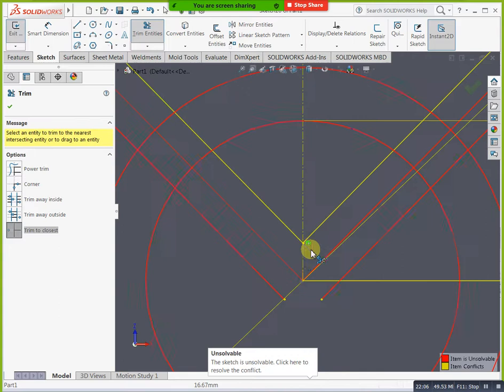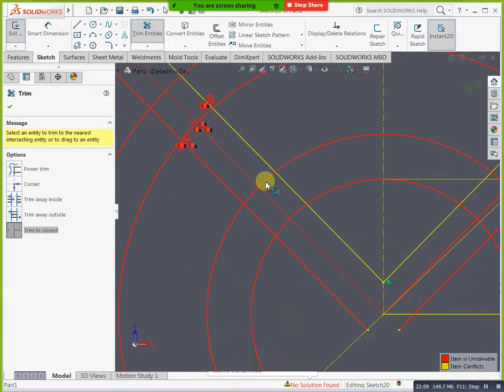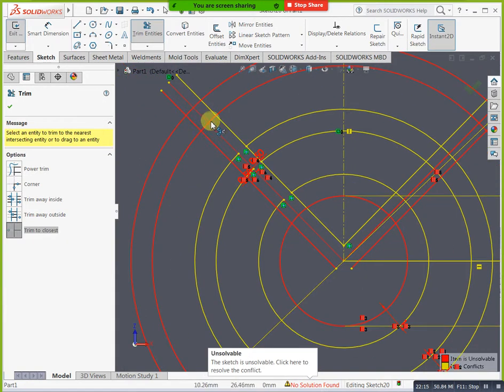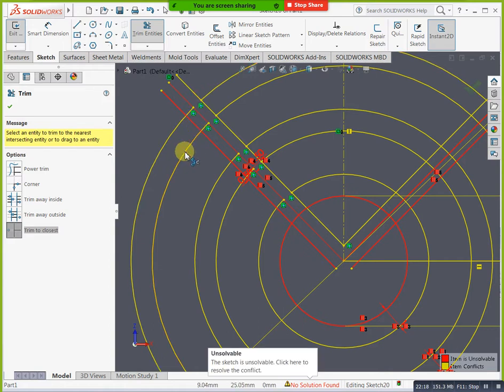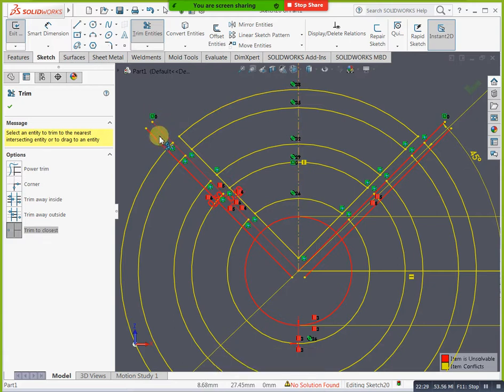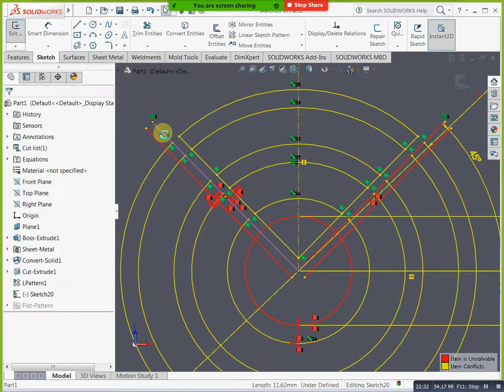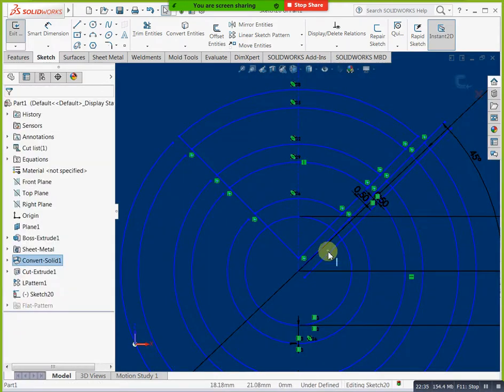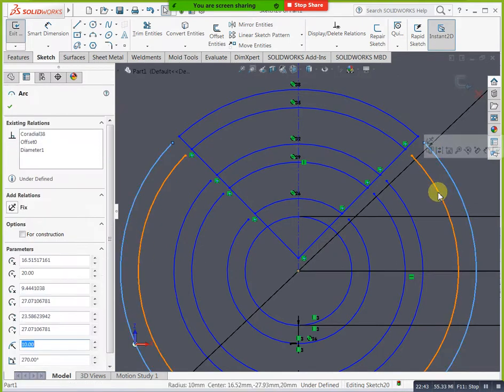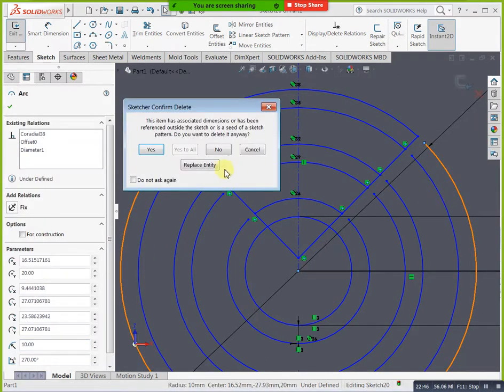Okay, now you can select this one. Now I'm creating one more here, just you can trim this one also. This is my model. If you need to create anything, you can do. Okay, now you can select this one, delete this feature, then you can do finish.